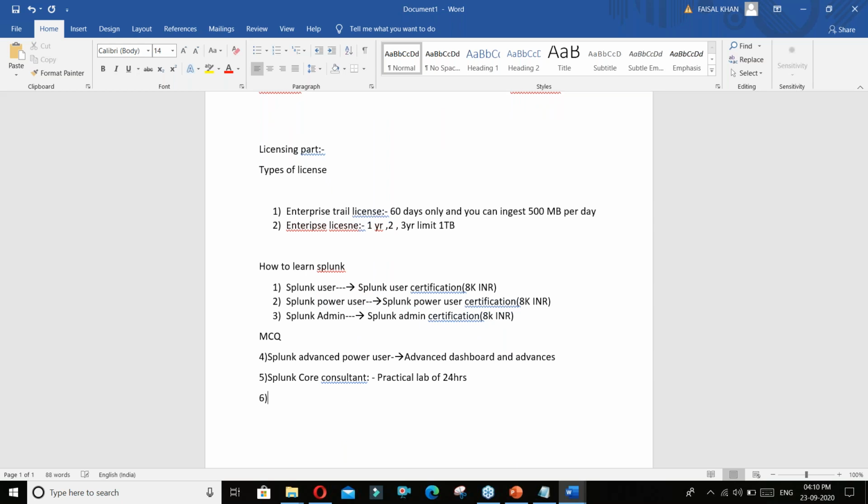So if I talk about SOAR platform, I don't know if you have heard about it or not. SOAR is a platform that is trending in the market. There is a Demisto tool, which is trending for SOAR. What a SOAR is, you can say, an orchestration and automation platform.